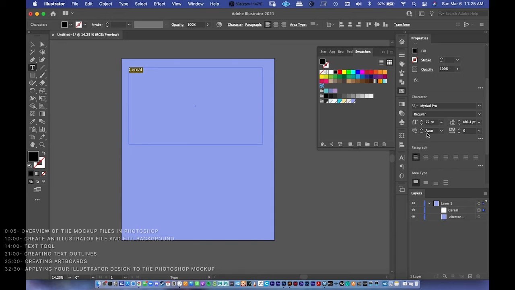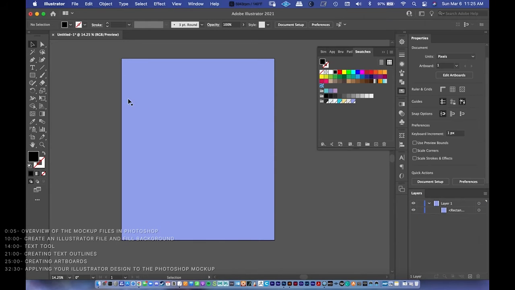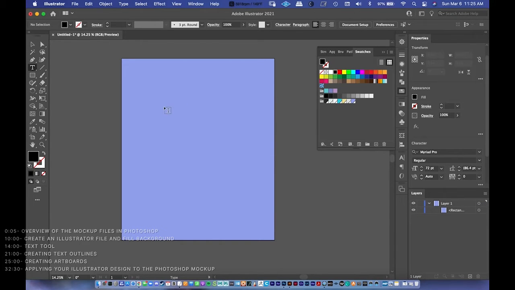And just increase the size right there. And so that's one way you can kind of use the type tool. I'll just select it, press delete. If you're doing the logo of your box, rather than clicking and dragging, I recommend just clicking right there, doing a simple click rather than a click and drag, and then